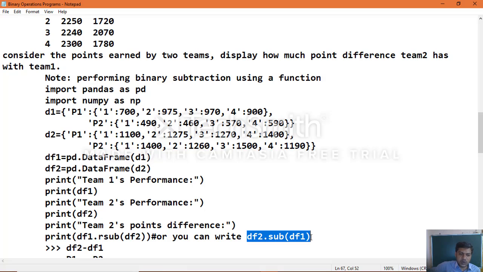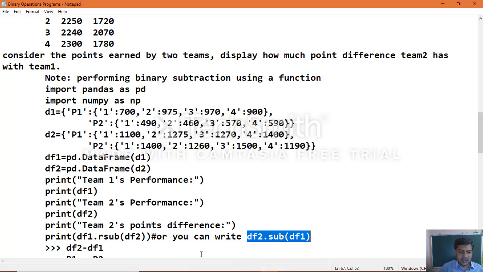Okay, how many excess points team 2 players have compared to team 1 players, each player's points in team p1 and each team 2 player's points, that excess is the difference. You want a positive number, that is why you need to apply df2 dot sub of df1, then we'll get the positive number, otherwise we'll get negative numbers, because data frame object 2 contains the maximum values and data frame object 1 contains the lowest values.